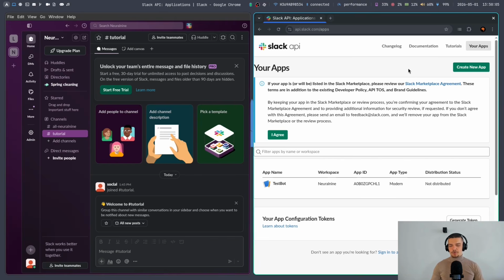So what you need to have already is a Slack account. You want to log into your Slack account, you want to create a workspace, or you want to use an existing one if you have one. And that's the only thing that I'm not going to show today. So I expect you to be able to set up a Slack account in general, just as a user, and to be part of a workspace where you can invite people, or you have the permission to add a bot, basically. And once you have this, all you have to do is you have to go to the following page, which is